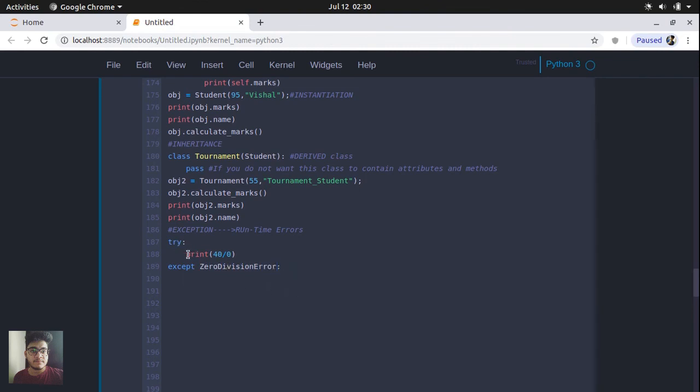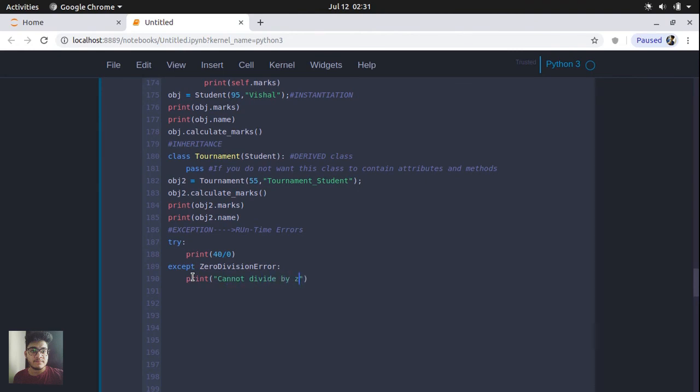So try means you are going to try this line, and if this line gives any exception, then this except block will match it with this exception, and if it becomes true, it will run the following statement. So we will write here cannot divide